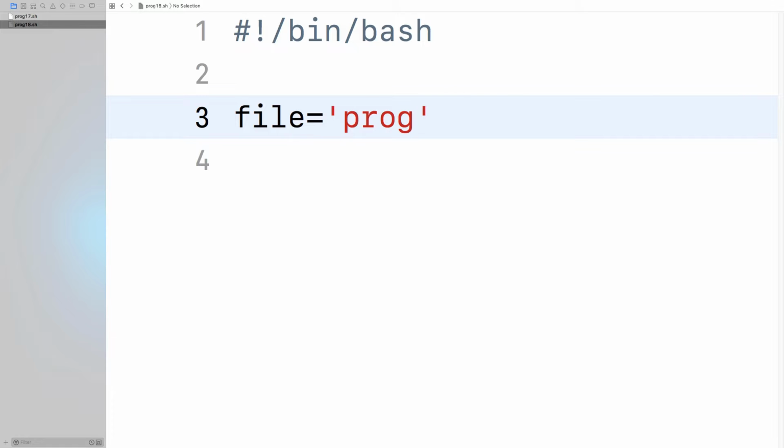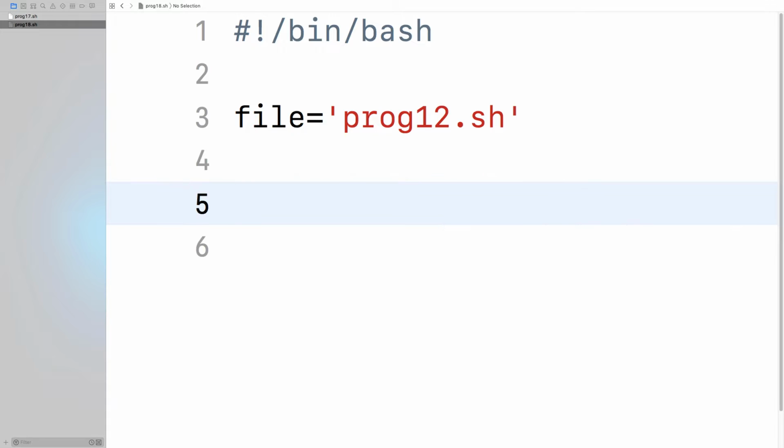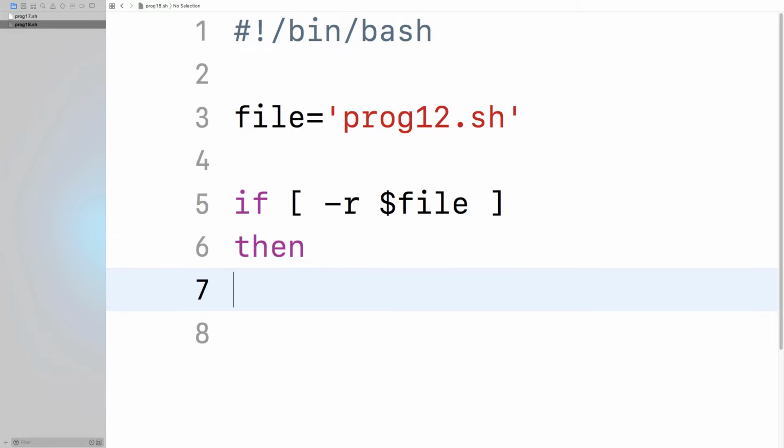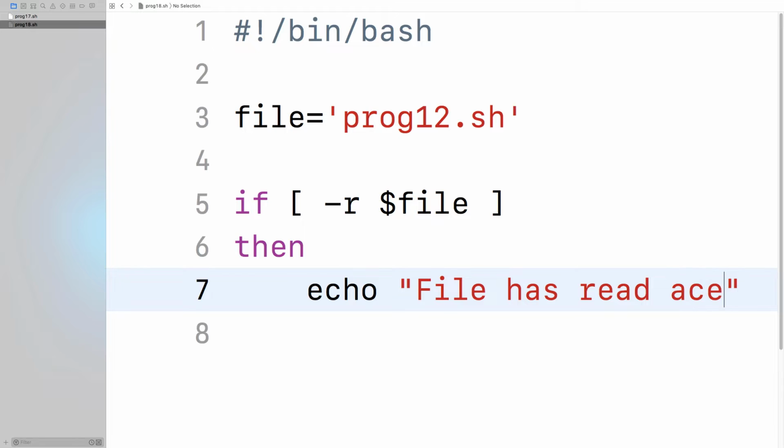Okay, prog 12.sh. if -r $file, then echo file has read access, sorry, read access, I guess,